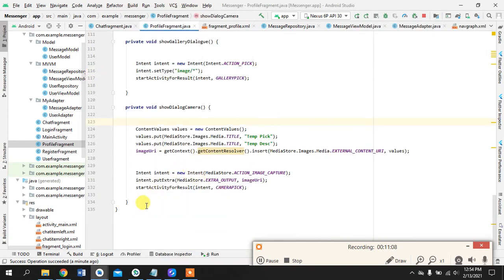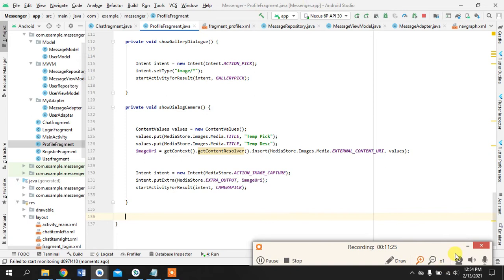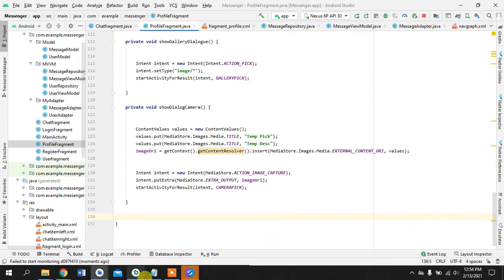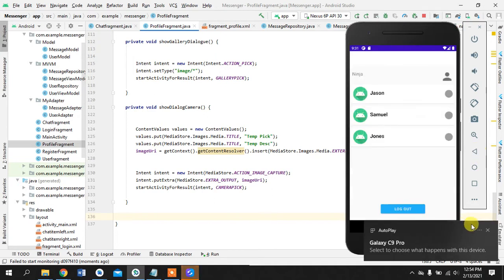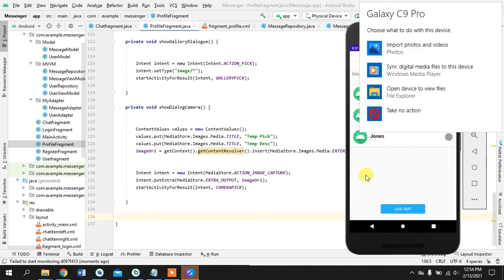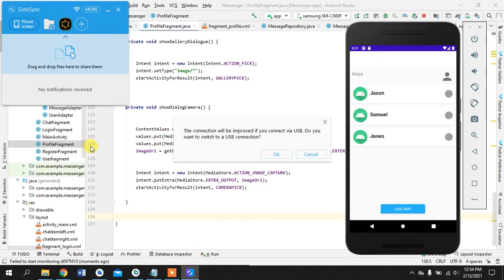Yeah, so we'll continue with whatever we are doing. Okay, so now that we have set the click event, that what is going to happen once we click, we have to now actually work on the logic of the,